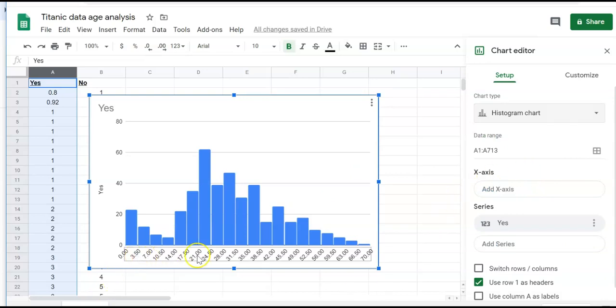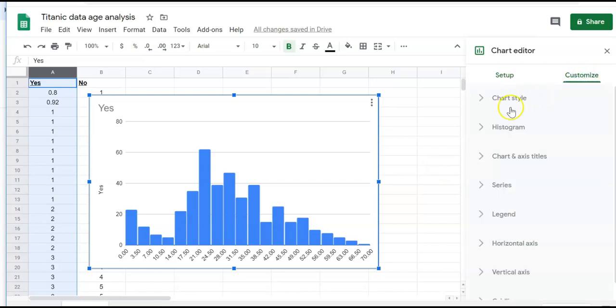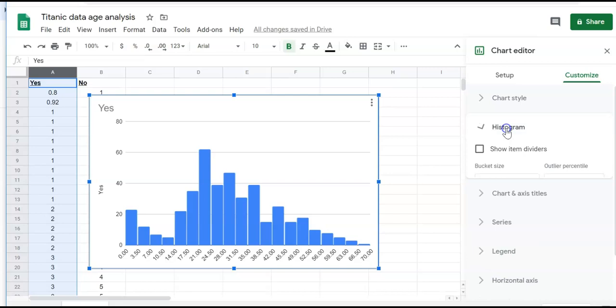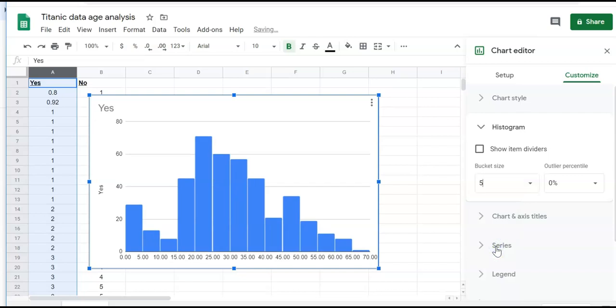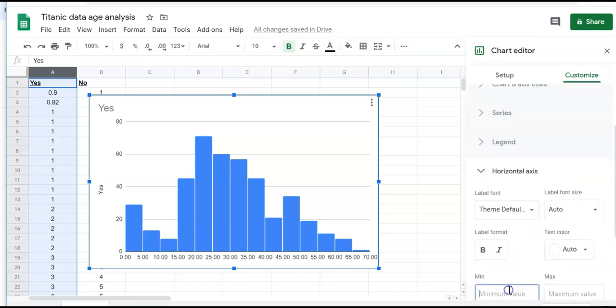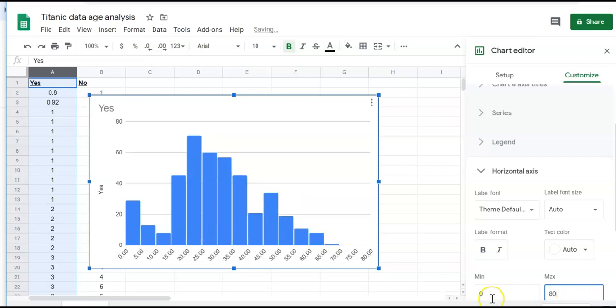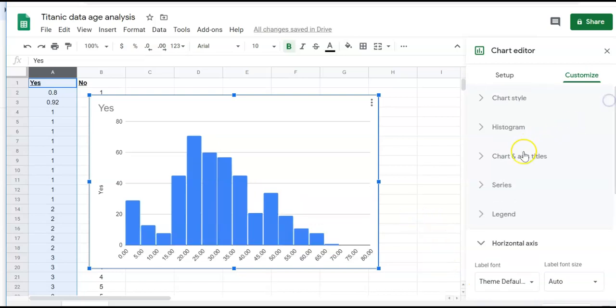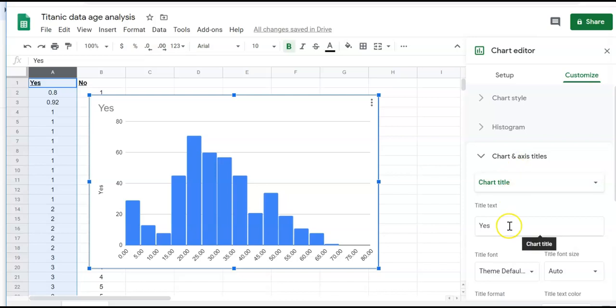If you're not happy with the range of the columns that we've got here, you can change it. So I might change it to the nearest ages. So bucket size, let's do every 5 years. Okay, and if you want to set a limit on the max min value ages, we might go all the way up to 80, 0 to 80. Then we can customize things like the chart title,